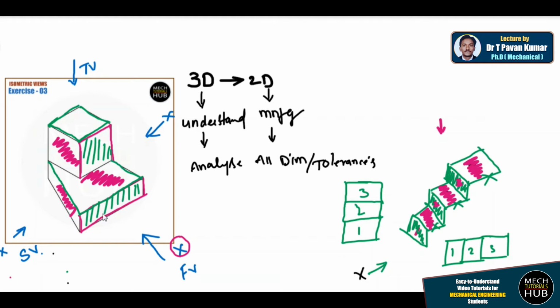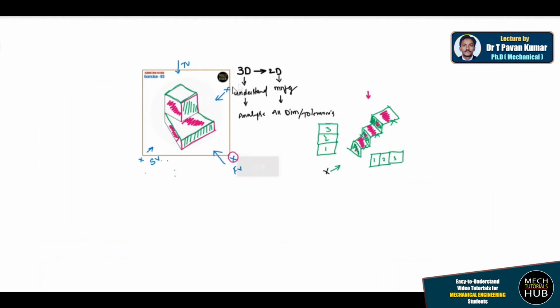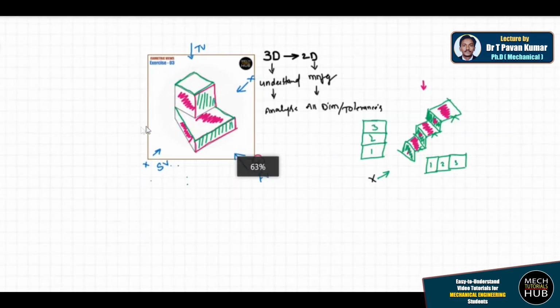Okay, same thing I'm just going to draw just to make you understand properly. All right, let us start drawing it properly.